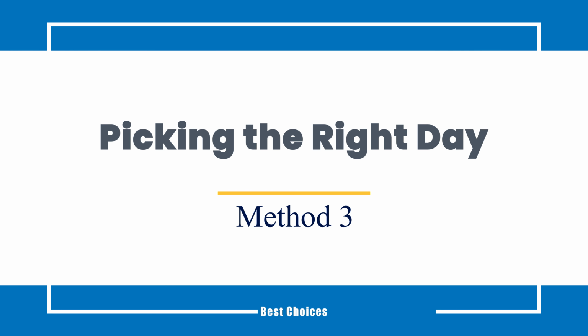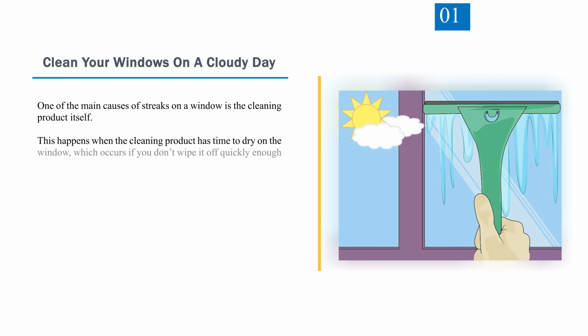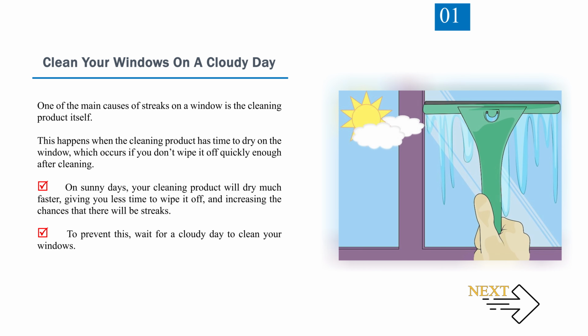Method 3. Picking the right day. Number 1. Clean your windows on a cloudy day. One of the main causes of streaks on a window is the cleaning product itself. This happens when the cleaning product has time to dry on the window, which occurs if you don't wipe it off quickly enough after cleaning. On sunny days, your cleaning product will dry much faster, giving you less time to wipe it off, and increasing the chances that there will be streaks. To prevent this, wait for a cloudy day to clean your